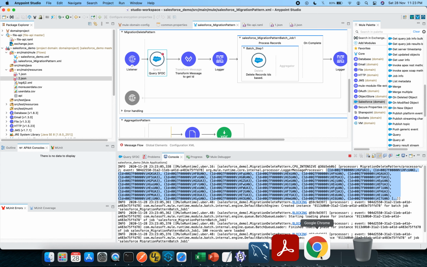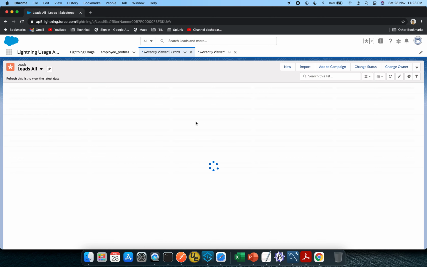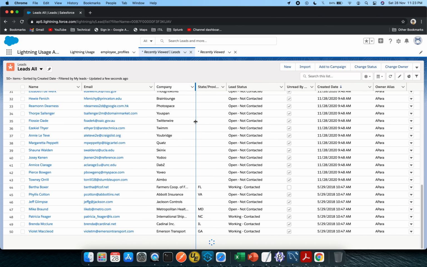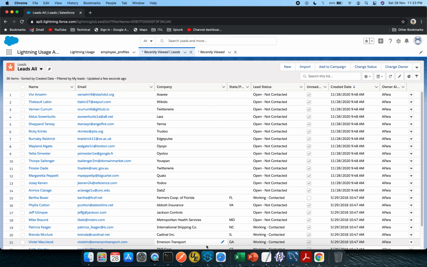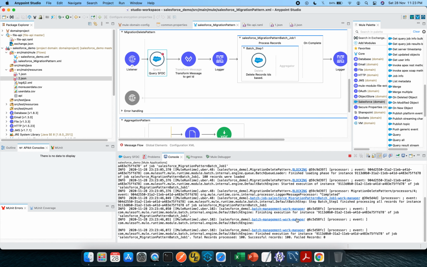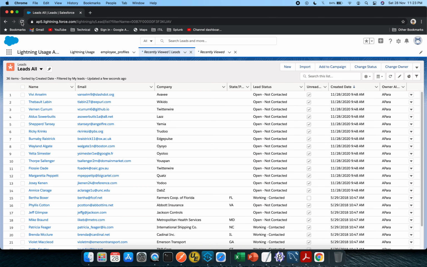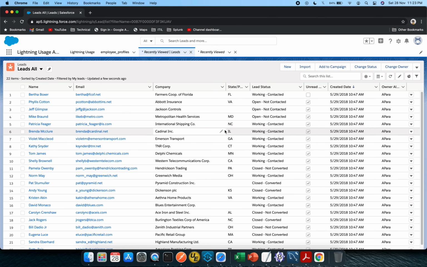So I will go back to login.salesforce.com and refresh this page once again. Gradually it is deleting, because we have not used the aggregator, right? It's being processed in this particular path, not in the aggregator. So that's why it is taking some time. And successful 100 records, failed 0 records. So now we should be good. 36, right? Now 22. We are back to the default settings which we started with during this use case.